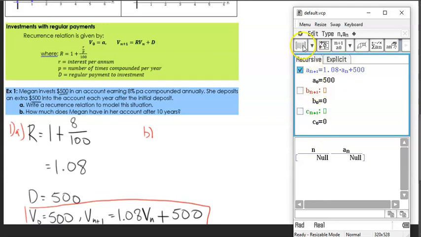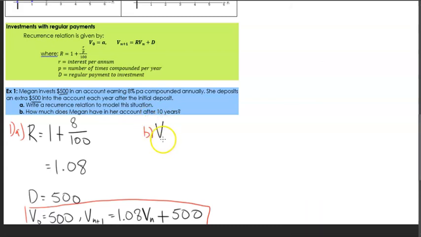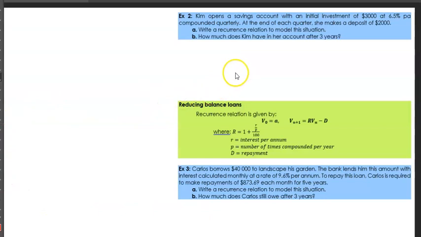Press OK, you get your table up, resize this, and then we can see after the first, second, third, all the way to the 10th year, we end up with $8,322, and specifically for this amount, 74 cents. So our V of 10, rather, is $8,322.74. The next example, Kim opens a savings account with an initial investment of $3,000 at 6.5% per annum compounded